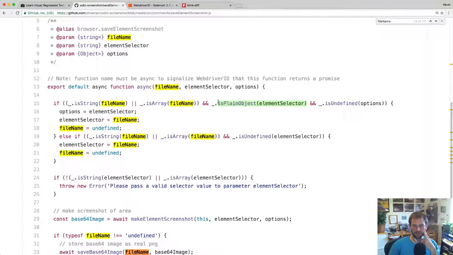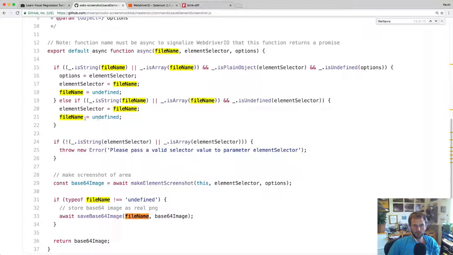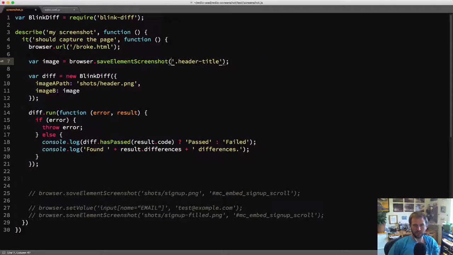So this is saying, okay, if this is an object, then they skipped their file name and they passed in options as an object. And so what we need to do is say element selector is really options, and file name is really the element selector, and then file name is actually undefined. This is also similar. Basically, if it only passes in the element selector, then it's going to set that and then make file name undefined. So that's what we want to do. We don't want to save this file down. So I can just get rid of this entirely and